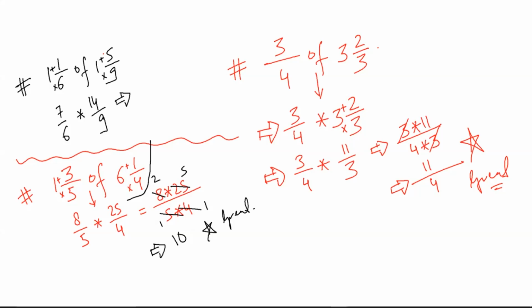Let us assume 1 by 6 of 1 5 by 9. Try to do this. Okay. So 1 by 6 I can write as 6 plus 1, 7 upon 6. 1 5 by 9 I can write as 9 into 1 plus 5, 14 by 9. What are the common factors, Mr. Sarthak? Are there any common factors? No, sir. So I didn't find them. Correct? You can cancel this and this, no? 2 threes and 2 sevens. So the final answer would be 49 by 9.